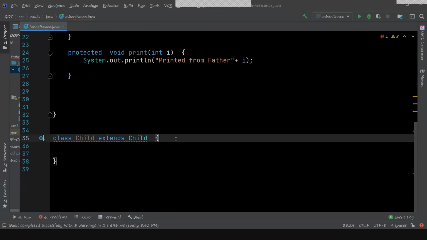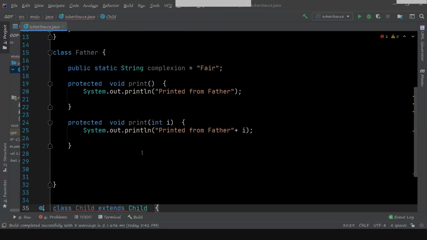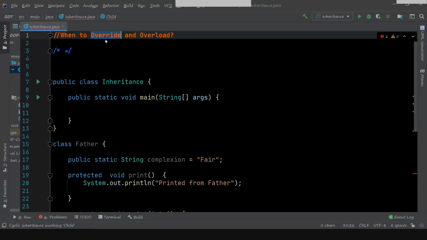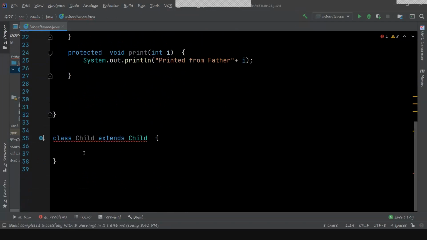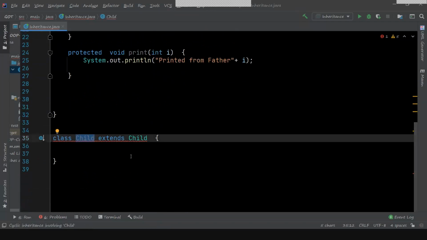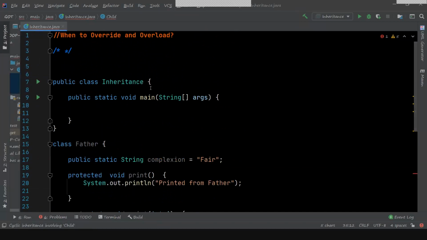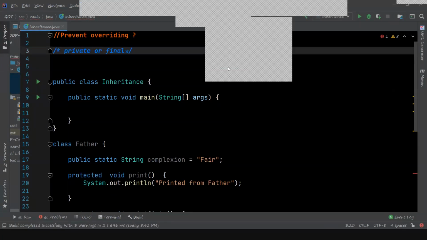We go for overriding when there is a better implementation. If you want a class-specific, better, or different implementation, then we go for overriding. Like in inheritance, the child class can override the parent's methods. These are the scenarios where you go for overriding and overloading.